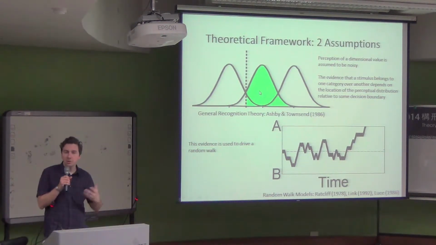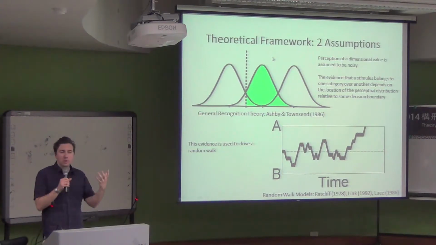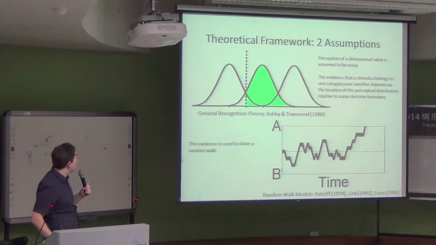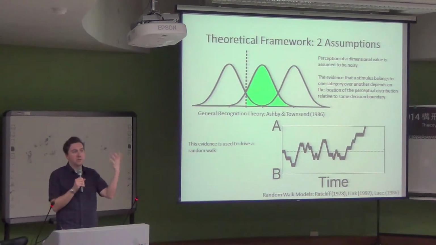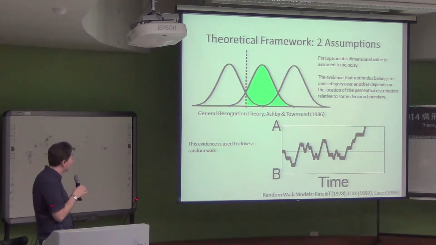So if we wanted to know, given this particular stimulus dimensional value, what evidence do we have that this belongs to category A? All we need to do is simply integrate under this function, which, because these are normal distributions, is actually pretty extremely easy to do. And that gives us a probability of sampling a percept from this dimensional value which falls into the category A region. So this is our theoretical assumption about the underlying process which is driving the categorization decision.